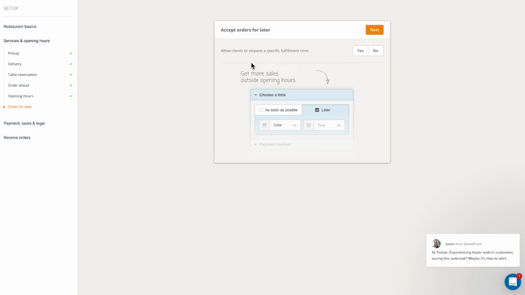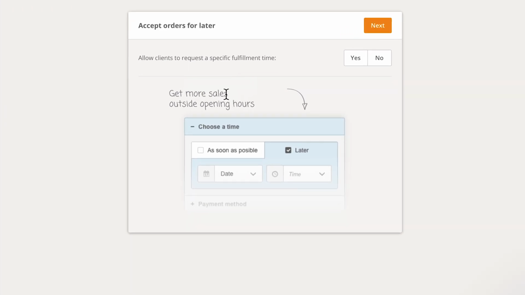Great, so now you have the option to choose whether you would like to accept orders for later. So when someone is placing an order with you, you can get them to specify a time that they would like the order ready. So let's say they wanted to order their lunch during the morning and they wanted to collect it at midday, they would be able to do that. Now all you need to do is click yes,